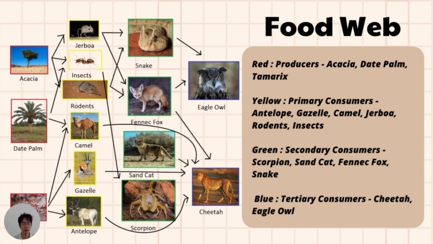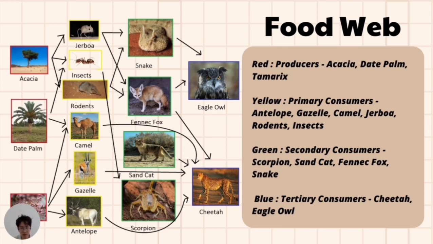So this is the food web in our ecosystem. Our producers are outlined in red, and as you can see, our examples are: 1. Acacia tree, 2. Date palm, and 3. Tamarisk plant. Now our primary consumers, outlined in yellow, are the antelope,